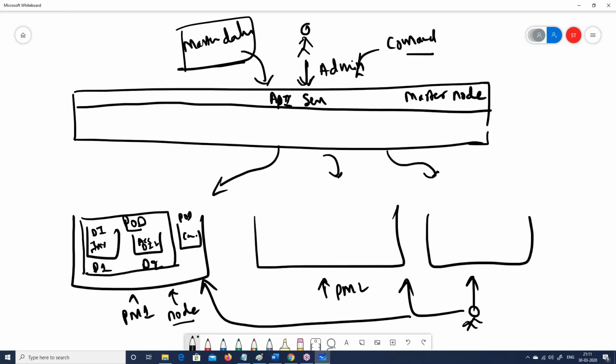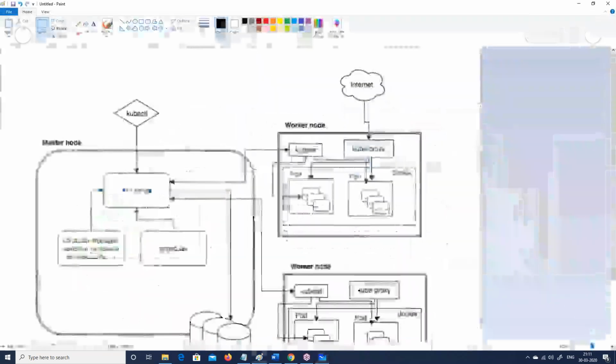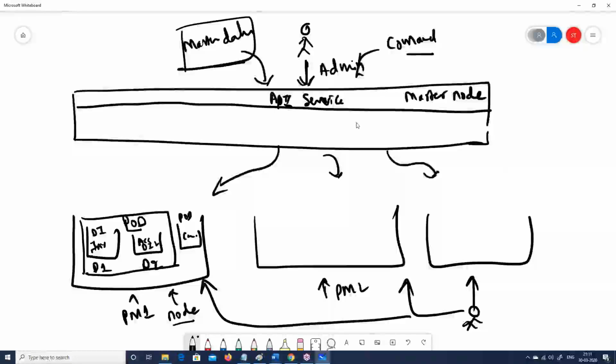So there is this API service out here, kind of a web API you can think about, which takes all these commands and forwards them ahead, right? If you want to fire commands through the command line, they have created a nice command line utility called kubectl. So I can use this kubectl.exe, and if I want, I can fire commands on it. I will show how to use kubectl.exe, right?